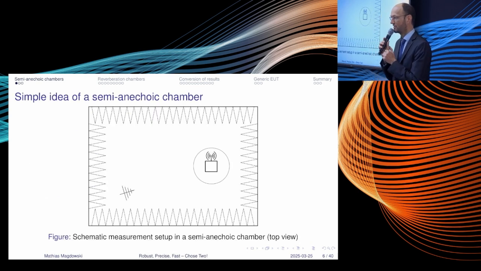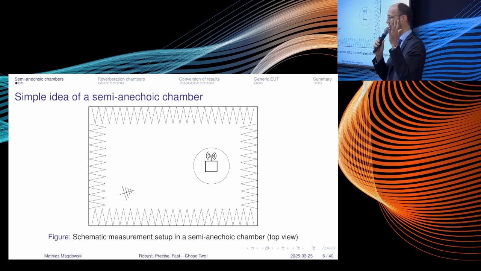The idea of semi-anechoic chambers is, if we want to do radiated electromagnetic compatibility tests in general, we need to shield ourselves from the environment. Because if we want to measure emission of some equipment under test, we only want to measure the emission of this equipment and not all the radio, Wi-Fi, TV, whatnot, signals from the surroundings. So we need to shield ourselves from the environment. This is done with metal. And metal works for electromagnetic waves like a mirror. That is nice. Everything that comes from the outside is mirrored back, but everything that we generate on the inside would also be mirrored back from the walls.